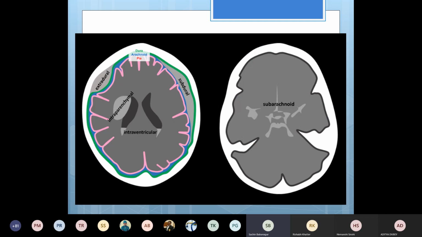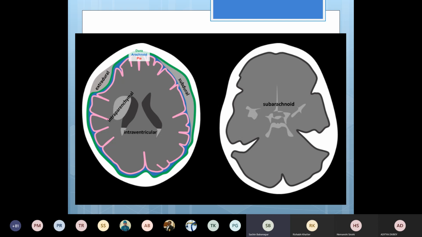Now, this is just a diagrammatic representation. So the green one you see is the dura mater. Outside that, you have the extradural hemorrhage, which is biconvex. You can see that biconvex shape of extradural hemorrhage. Then the blue color one is the arachnoid mater, and the pink color one is pia mater. So you can see subdural hemorrhage is basically not biconvex. It just has one side convex and the other side concave. Sometimes it may not even have this shape, but typical extradural usually will have this biconvex shape. And subarachnoid will follow the sulci or the cisterns. So it will take the shape of the normal anatomy of the sulci and the cisterns.